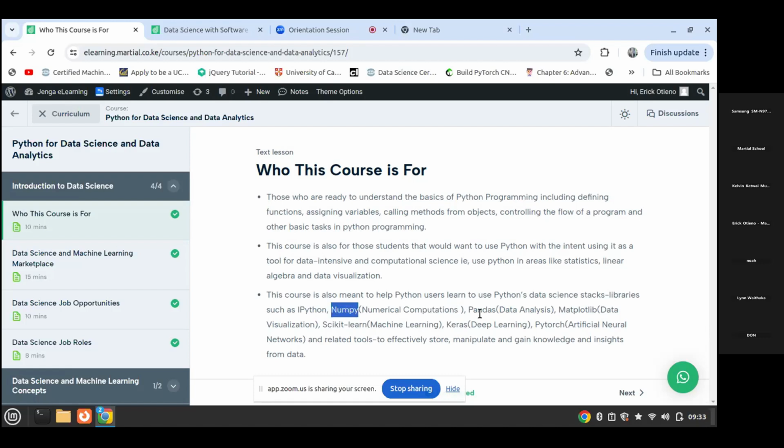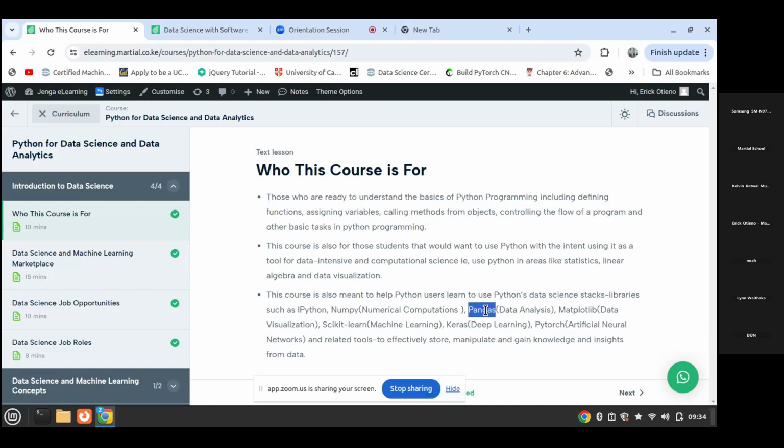And then we also have pandas. Pandas is the most crucial library for data analysis. So let's say you have a data set in your Excel file, or you have a data set in your database, and you want to start doing some analysis, then I think pandas will be the most crucial library there. We'll be talking about matplotlib for doing data visualization.